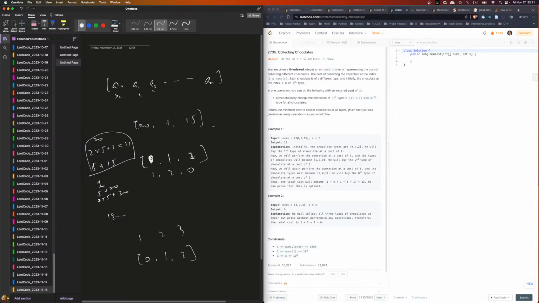Buy it is 15. Shift 1, buy it. Shift 2, buy it. So that's 6, right? That's 1. That's 15. Right? So at the end, what we have is,